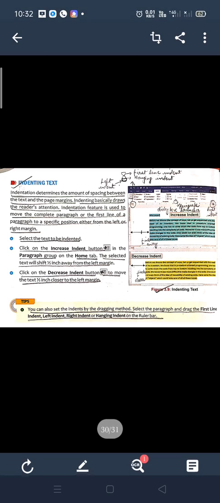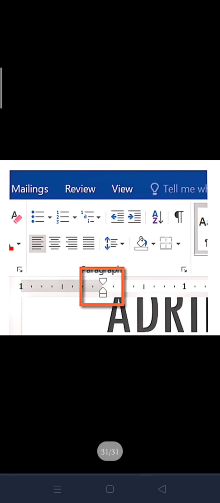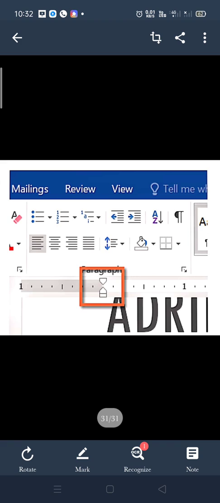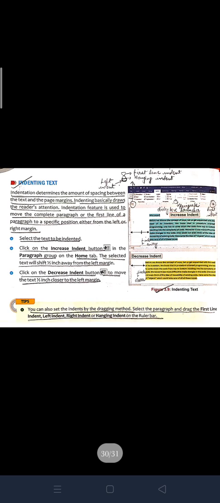Decrease indent decreases the distance between the margin and the text. This can also be done with the help of this figure which you can see on the screen in the red box. This is an indicator which shows you the margin boundary, and here you can change it also.